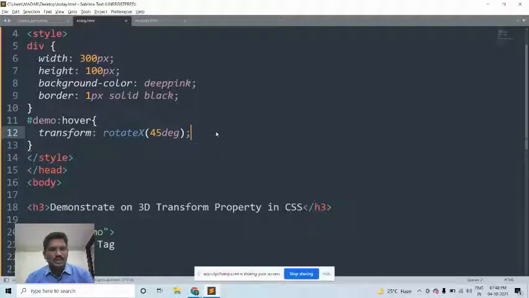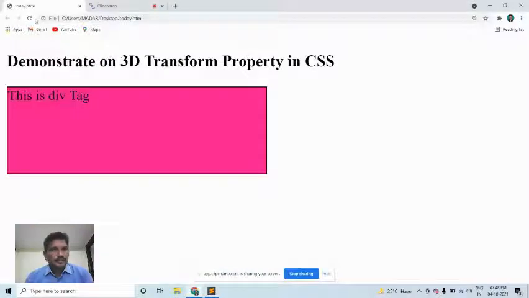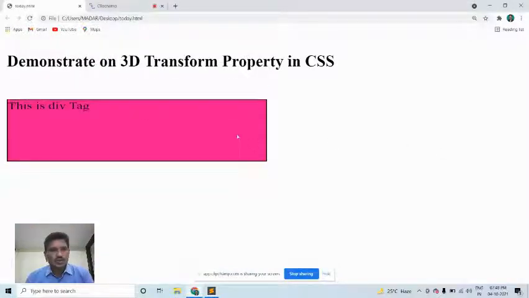Suppose I give the value 45 degrees. Because it is rotateX, the object rotates in the X direction by the given degree. How the output is displayed, I will show you. When the mouse moves over it, this is the 45 degrees of rotateX.